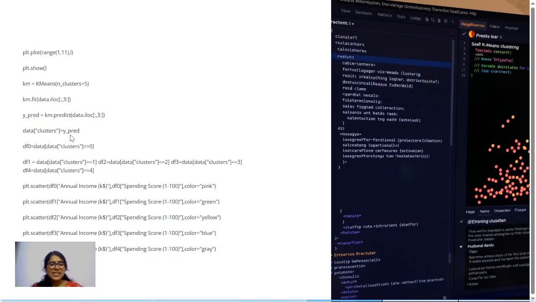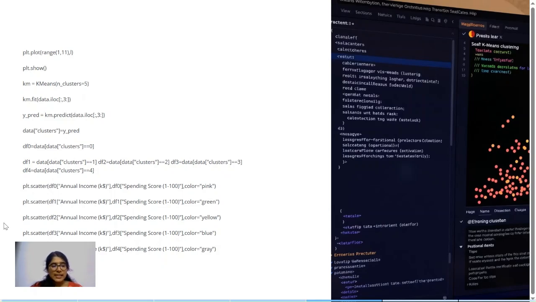And then after this is just plotting the graph, a scatter plot of all this. That is what is happening here. So data of clusters is equal to 1. All this is because now these values, df0 is equal to data of clusters is equal to 0, like that, because the clusters are not given a proper name. So we are just writing it as cluster 0, cluster 1, cluster 2, cluster 3, like that. And then plt.scatter.